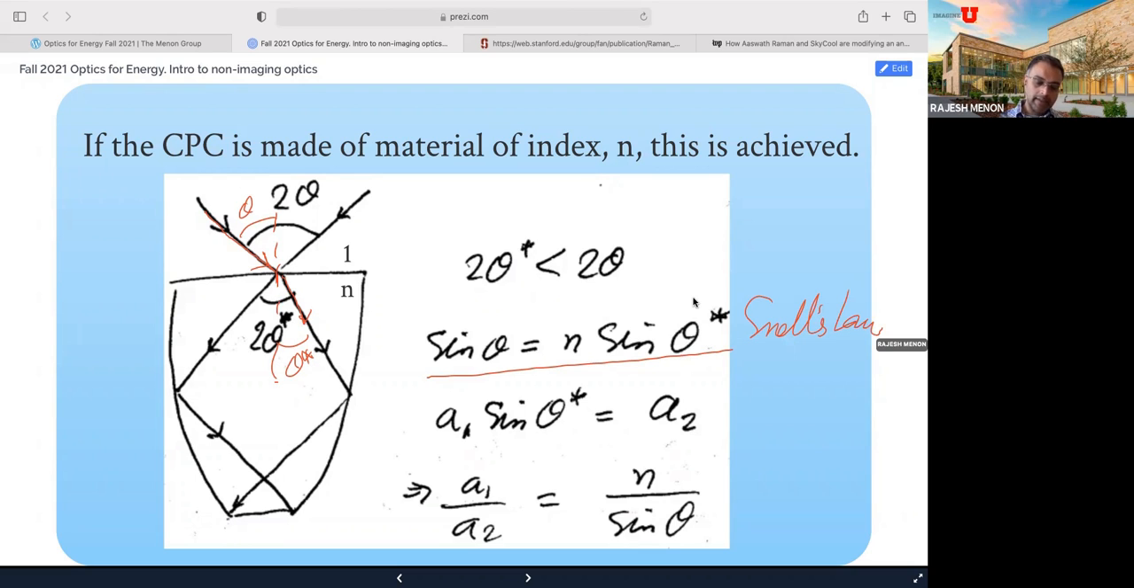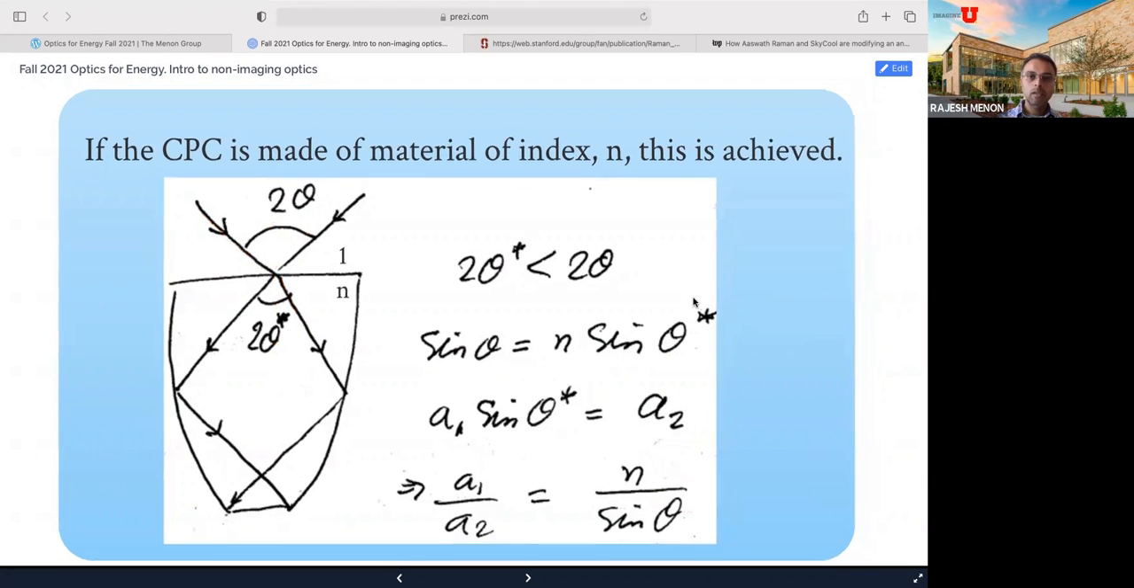And we can do the exact same derivation as before, and you end up with an expression that A1 sine theta prime is equal to A2, or A1 over A2 is now equal to 1 over sine theta prime, which is nothing other than n over sine theta. So what has happened here is that for the same concentration factor, I've increased my acceptance angle simply by filling my CPC with some material of refractive index n, which is greater than 1. So that's a cool trick that you can do to increase either the acceptance angle or the concentration factor. Now,